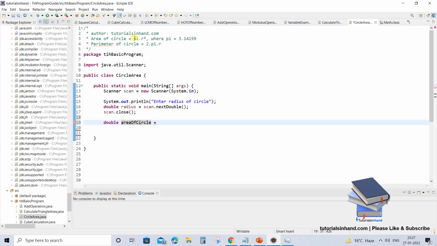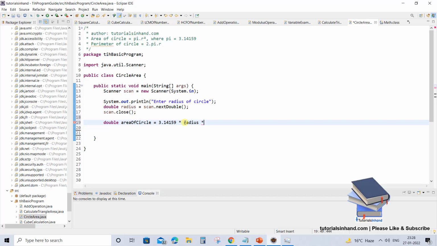Now we have our formula as pi r square. So r square is something where we calculate square of a value. For pi, we are not going to hard code this value, but to understand exactly how to use the inbuilt constant, for now, just take it as hard coded, and then we have r square, that means radius multiplied by radius, and we have our value of radius stored in the variable whose name is radius. So we have got radius.